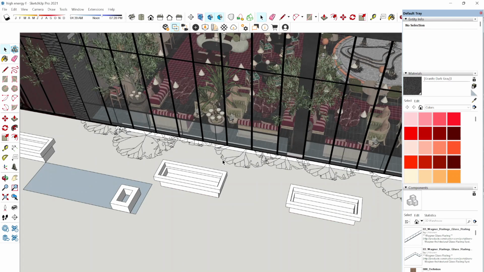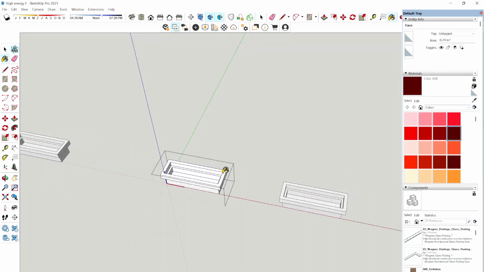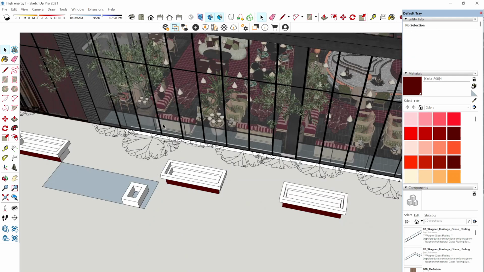If you do not create components, the problem is, if I create these planters and these are not components and I have to put one tile on it, I will be doing it 16 times for 16 instances. But if I have it as components, I do not have to do that again and again. But for groups that do not repeat, we can just keep them as groups. Now, there is one more important thing.